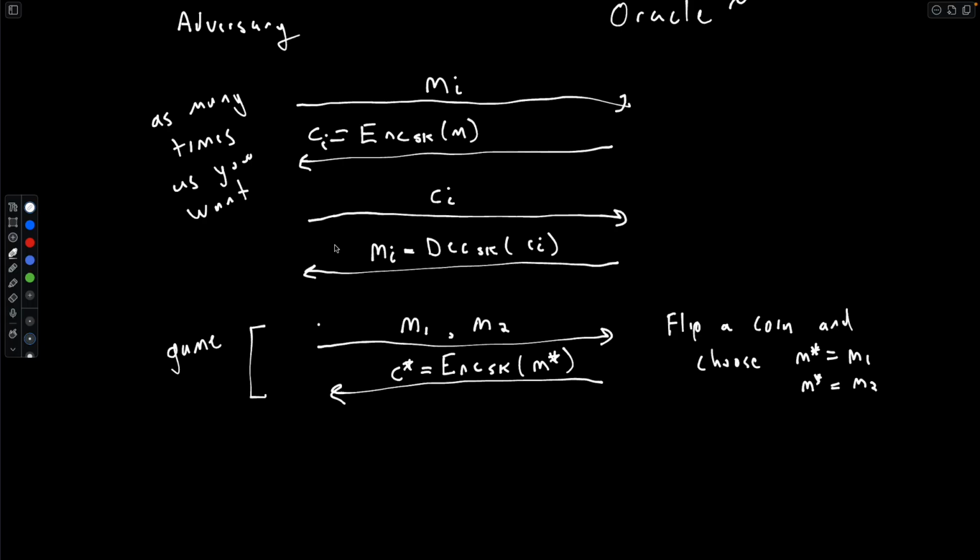Okay? Let's say they can break encryption. Let's say they can recover the key. Do they know whether the oracle chose M1 or M2? If they can break the key, they know, right? They can just decrypt C star under the key and they can figure it out. Okay? Let's say that they can't break the key, but in fact, they can't even figure out what was encrypted,